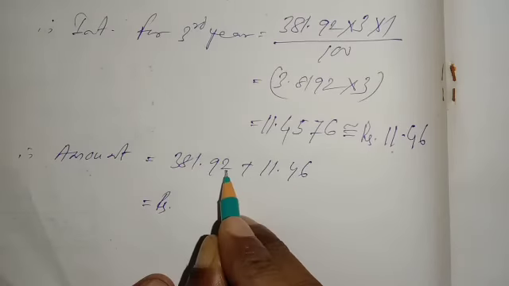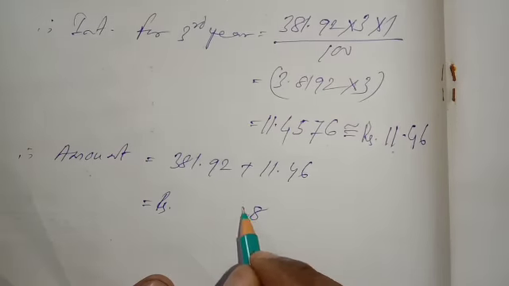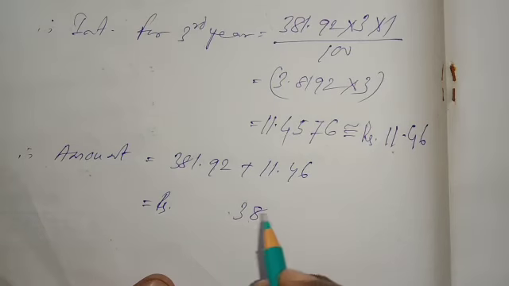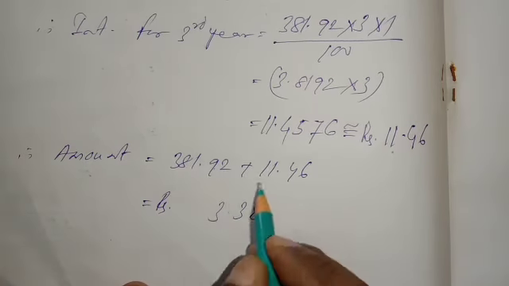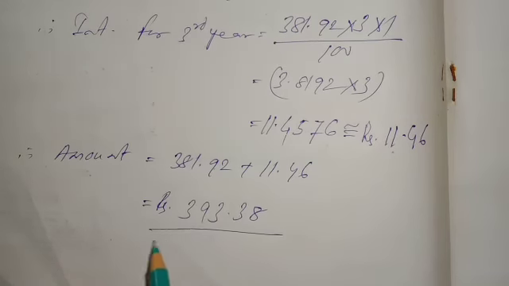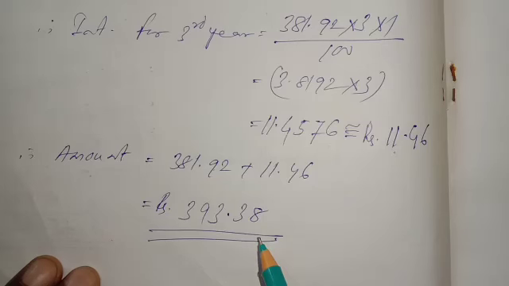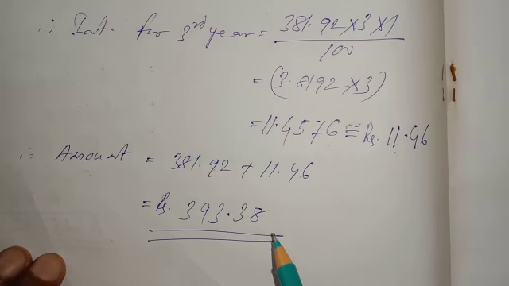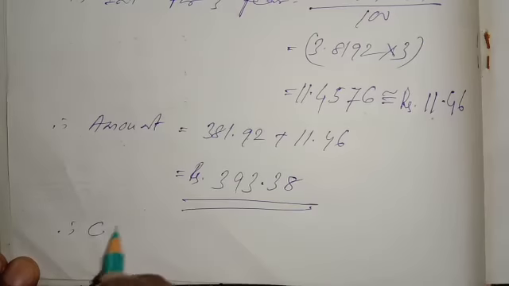Tell me how much? 2 plus 6 is 8, 9 plus 4 is 13, 1 plus 2 is 3, 3 9, 393 rupees 38 paise. This is the final amount after 3 years. And the compound interest will be